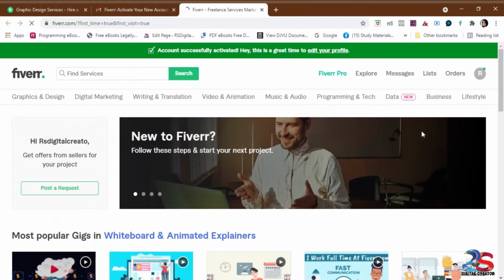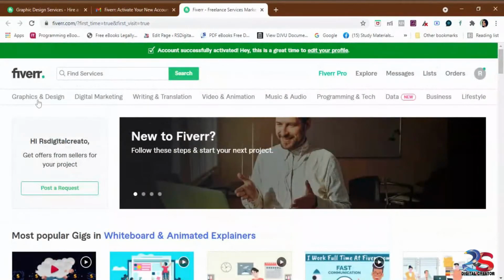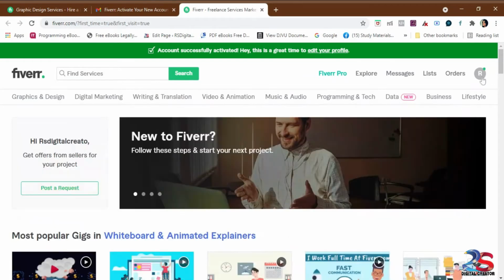Yeah, once your account is activated, it will show up like this. This is your profile here. Okay, and you can see your profile details in the upper right side corner here. You can add your profile picture, and you can see the gigs and all etc. on your website. So let us go to creating a gig now.